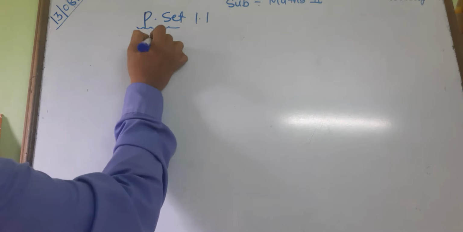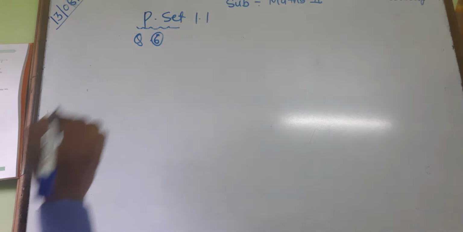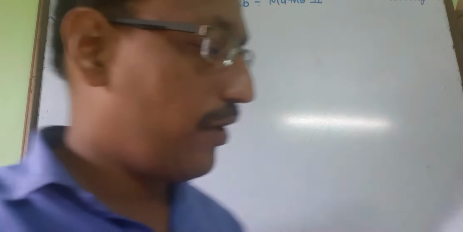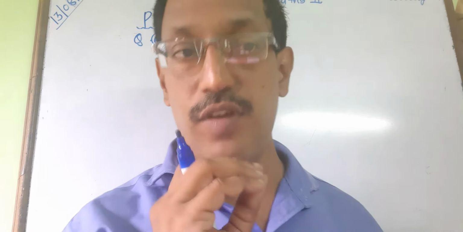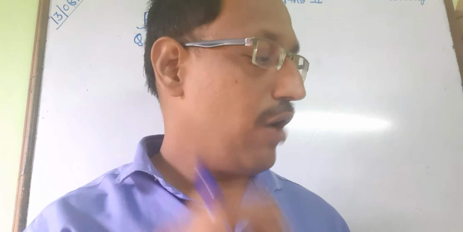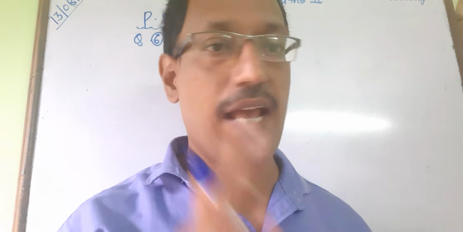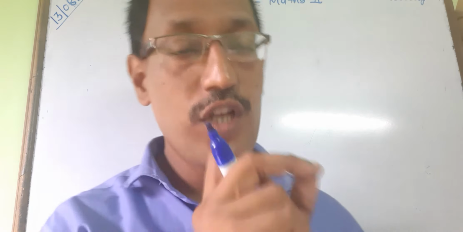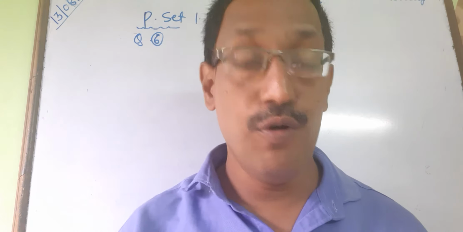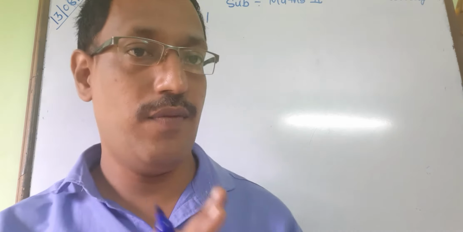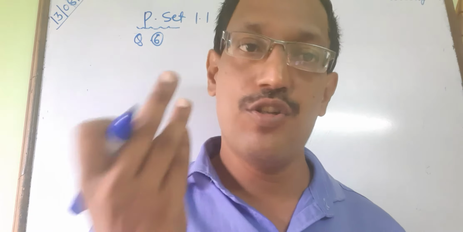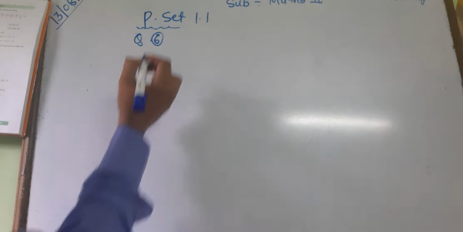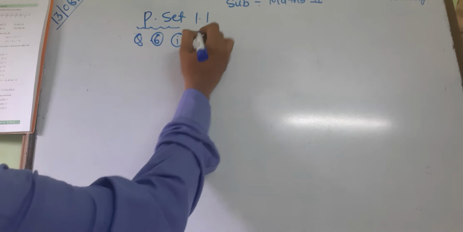This is our question number 6. Sketch the proper figure and answer the following questions. Now students, in question number 6 there are 3 sub questions. So out of the 3 sub questions, I will take the first one and the third one. The second one is for homework. So let us see what is the first question. But I want to tell you, in this question a particular betweenness is given. Keep in mind, betweenness is given, so there is no need to consider the other cases, students. So let us start question number 6.1.